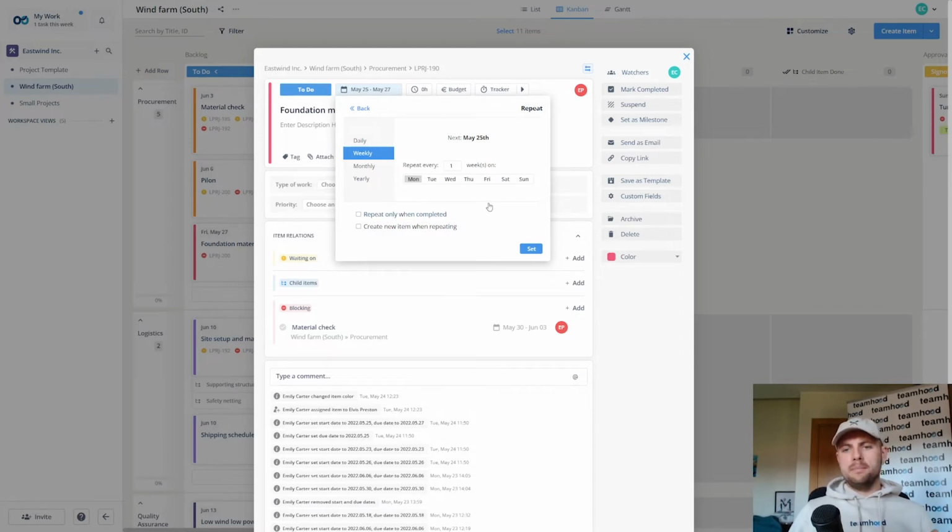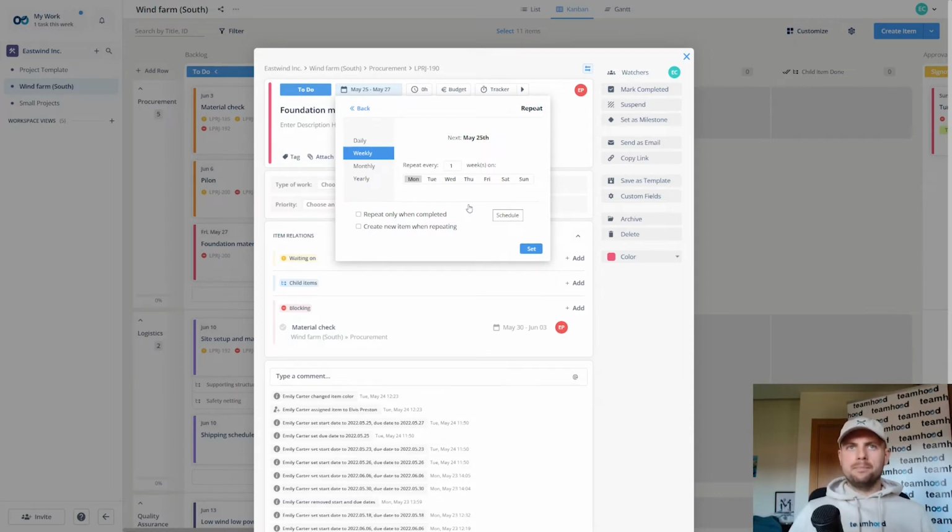The first one is especially useful when you want that item to repeat only when the current one is finished. So imagine if you are building something and you have 5 steps and you cannot finish the 5th step until the 4th one is done. This is what you want in your settings. You will wait until the 4th step is finished and only then the item will automatically repeat itself